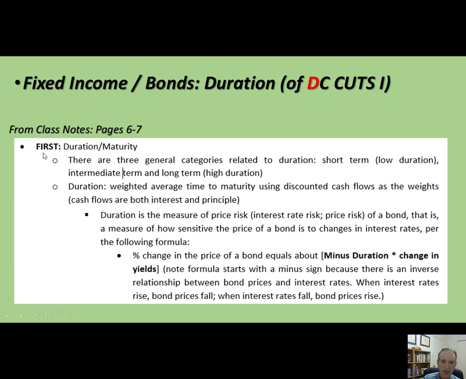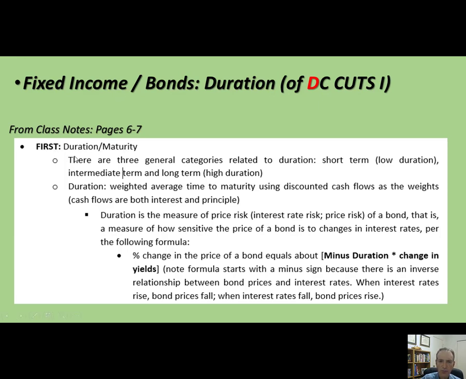So now the key is that we understand them. So let's get into them. So pages 6 and 7 of the notes, we'll talk about duration. It's also related to maturity. Maturity, you probably have heard that term. That's when a bond matures. So if you loan someone $1,000 for 10 years, they pay you interest, and then at the end of the 10 years, they pay you back the principal. That's the maturity of the bond. So the maturity is 10 years.